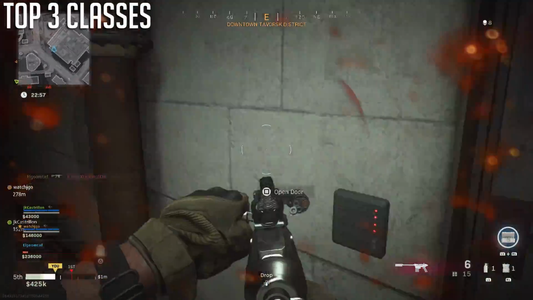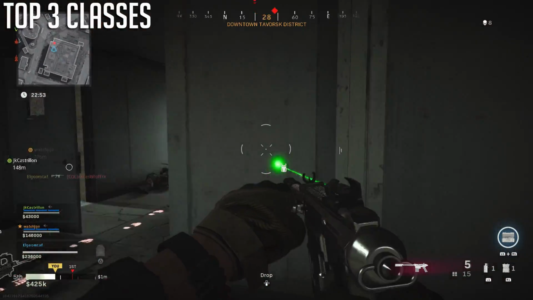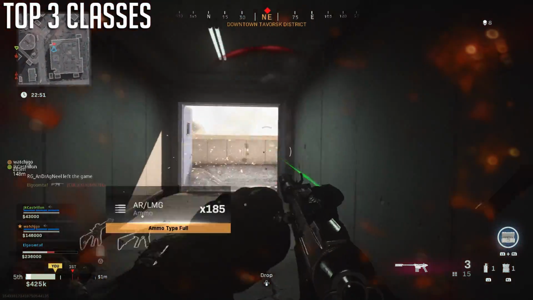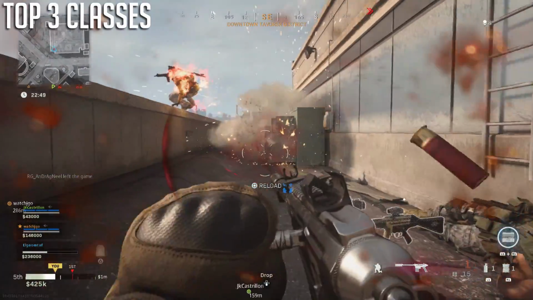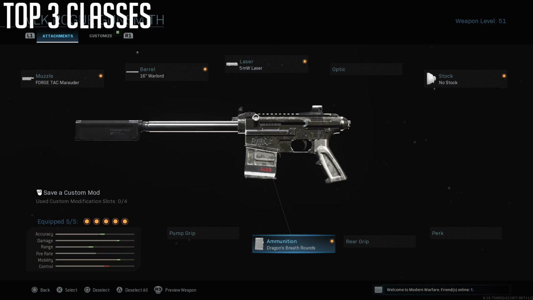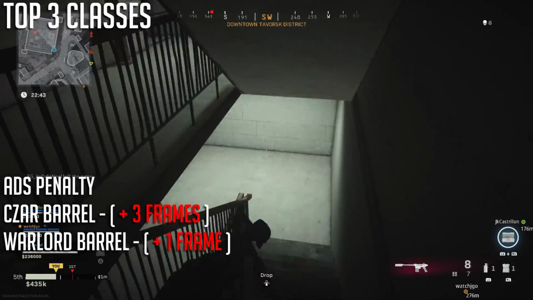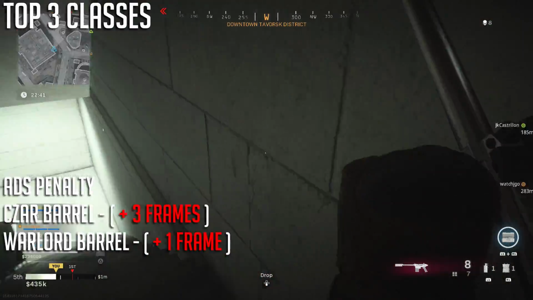First off, probably the strongest of the bunch is the VLK Rogue class with Dragon's Breath. Now basically identical to my multiplayer setup for the gun, the key thing here is Dragon's Breath, and make sure you're using either the Tsar barrel or the Warlord barrel for best effect. The Warlord barrel has just as much range as the Tsar barrel, but the aim down sights time is much quicker than on the Tsar,